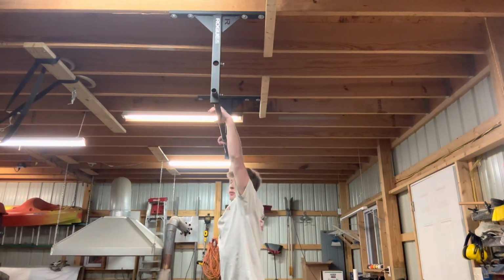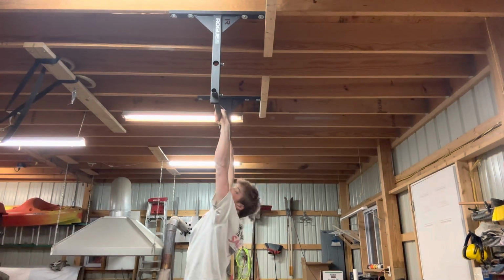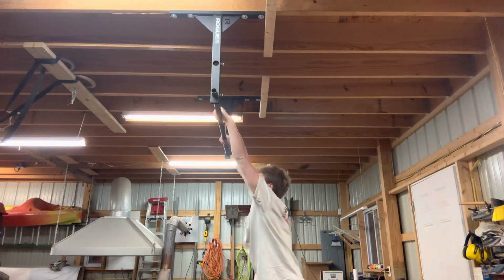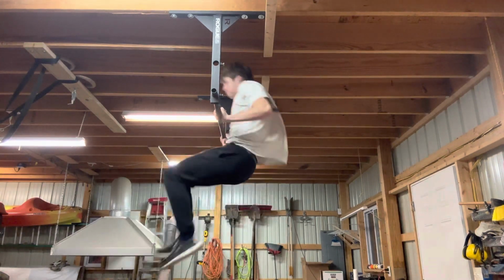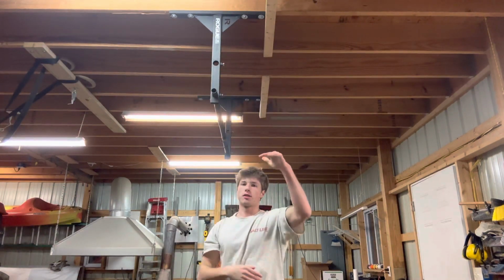Now, in a normal pull-up, see, straight up and down. But with muscle ups and explosive pull-ups, it's actually around the bar. So when training for a muscle up, you have to train that movement pattern as opposed to just training straight